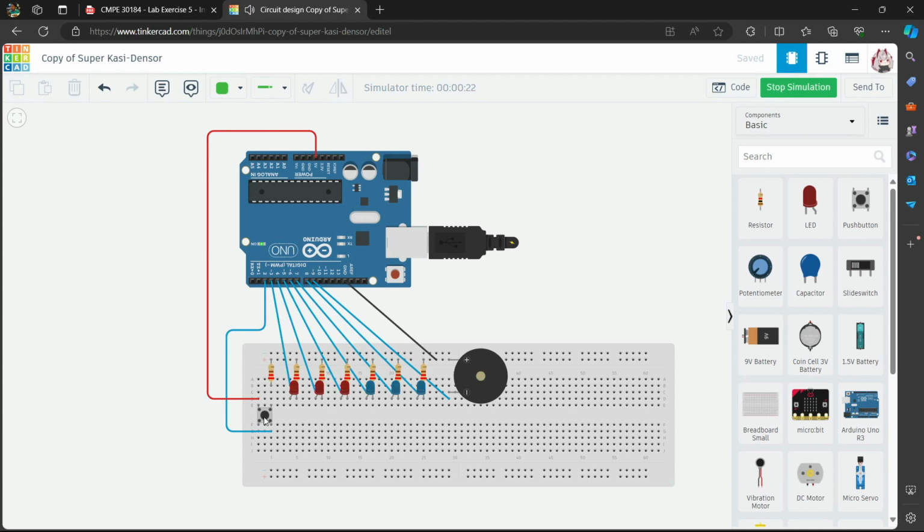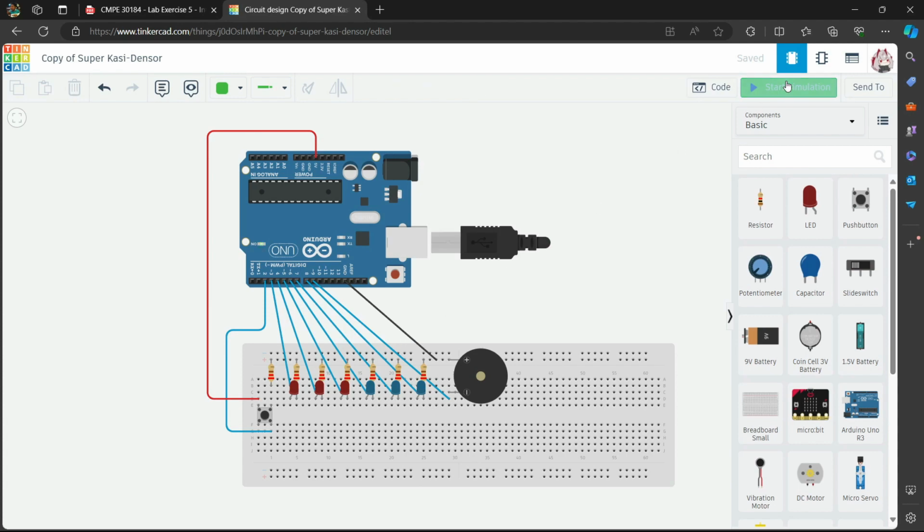Next, the fourth siren. And lastly, the fifth siren. And the last is just it being turned off.